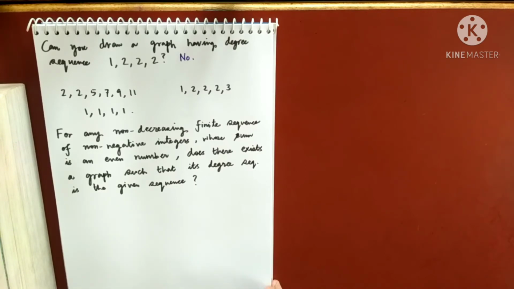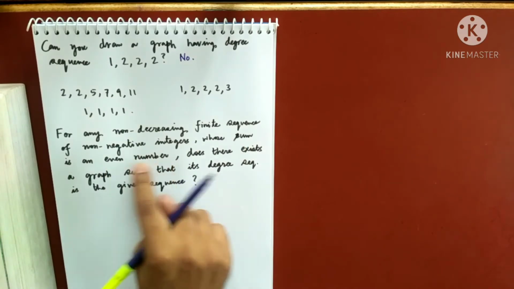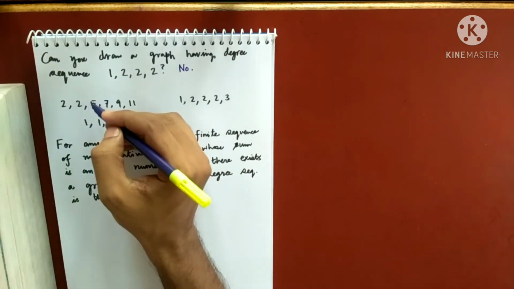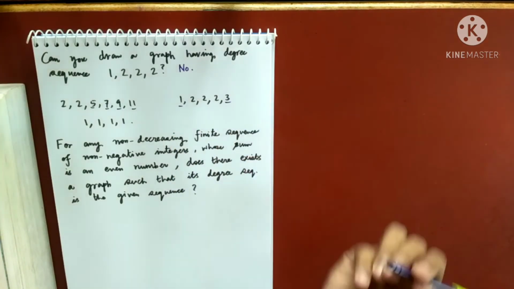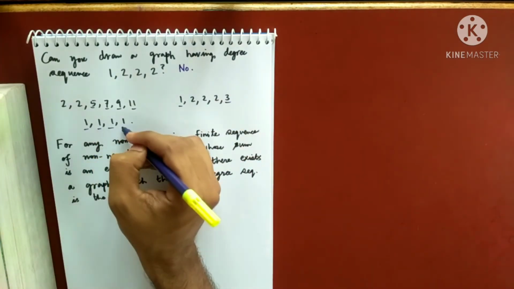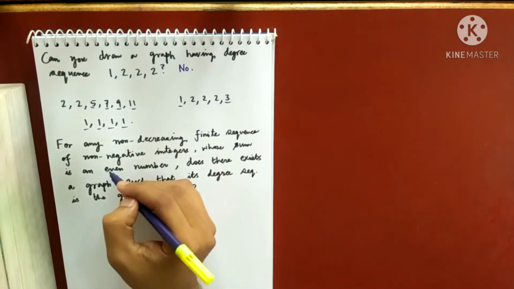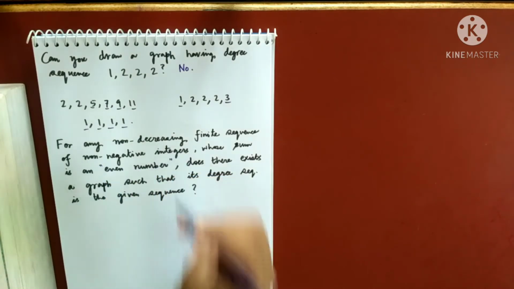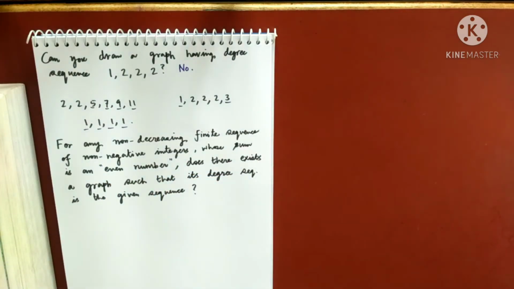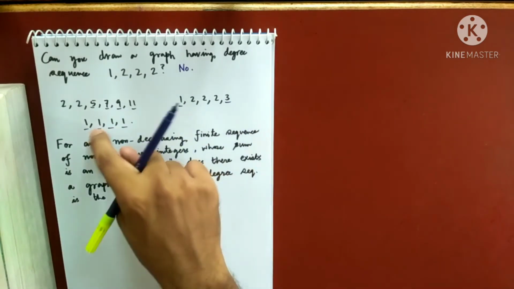Yes, this I am assuming, Rajkamal, just because I am taking the sum to be an even number. If the sum is an even number, the odd ones must be repeated an even number of times. Otherwise, that will make the sum odd. That is the reason I have assumed this. Whose sum is an even number will force the number of odd degree vertices to be even.